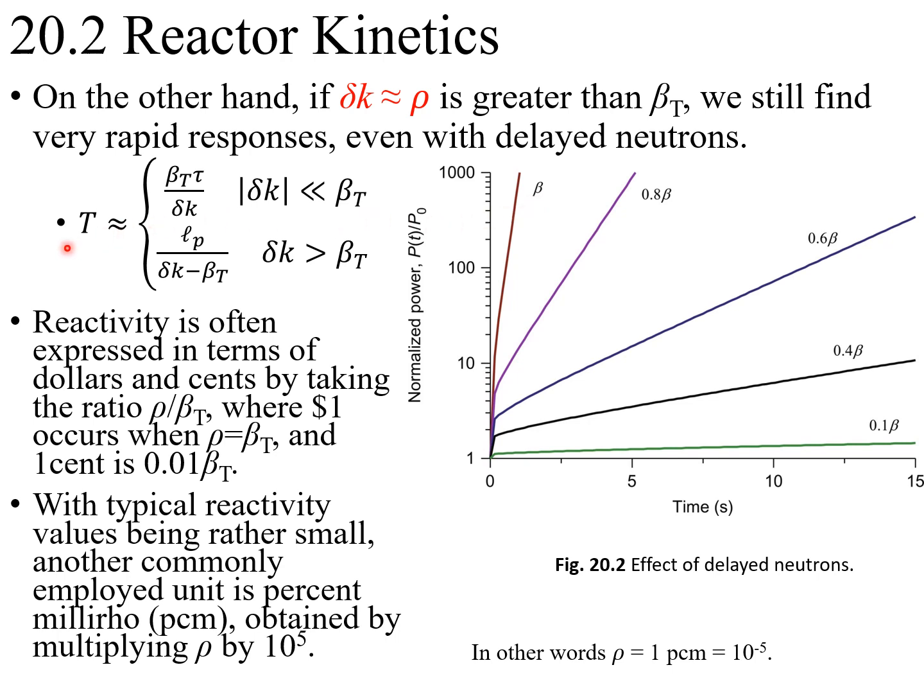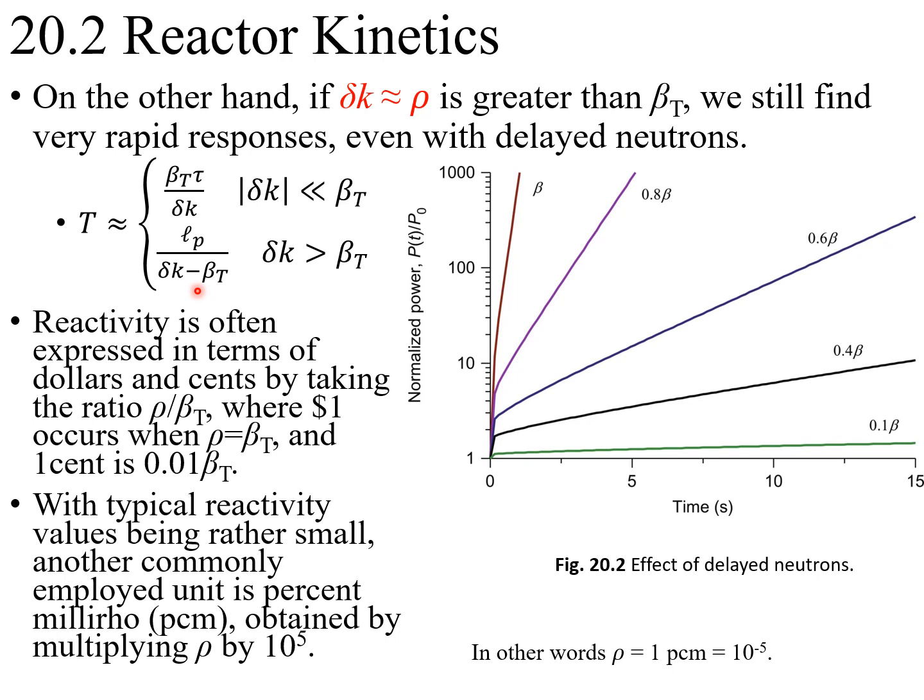And we can use this formula to estimate the reactor period. If your delta K is smaller than the beta T, then we use this formula. If the delta K is larger than beta, we use this formula. So the beta will be the boundary between the slow response and rapid response. Therefore,